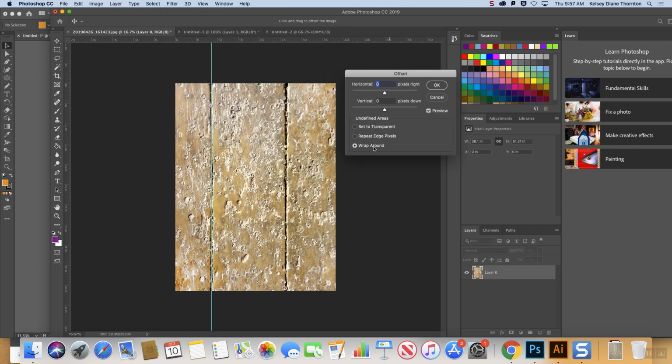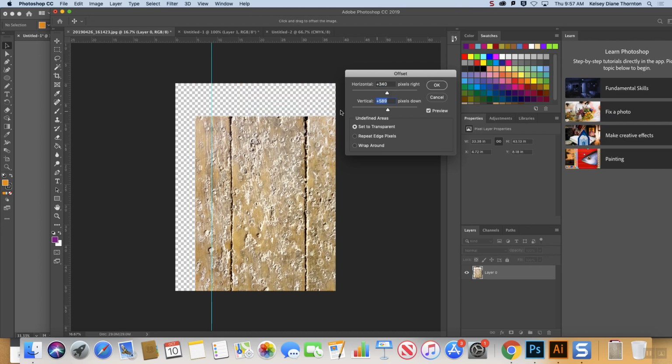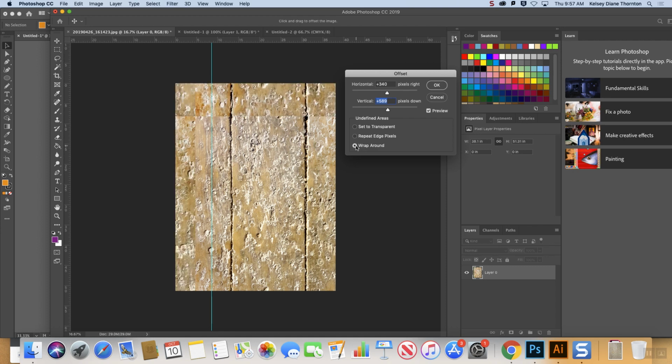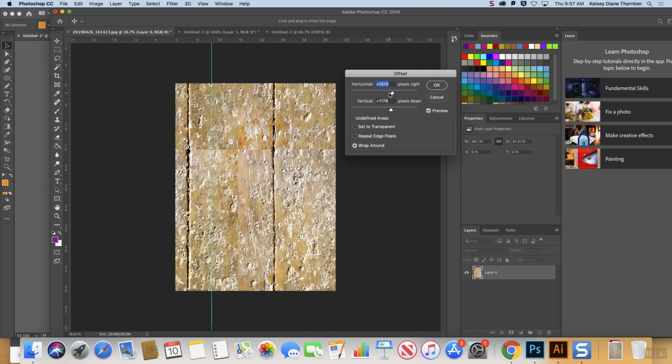What this does is it moves the picture to the left and right. If I don't have it set to wrap around, which it's supposed to be set to for this project, when I move this, you're just going to see the picture go off the right. And when I move this one, the picture goes off the bottom. When I have wrap around set, it brings the bottom of the picture up to the top, and it just keeps wrapping it around the picture. Now we can see the center seam of our